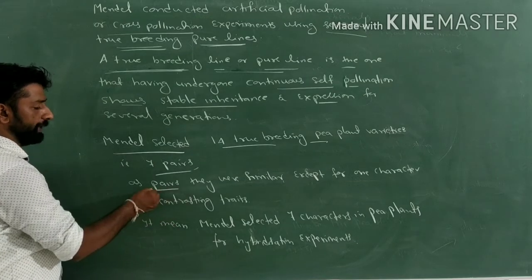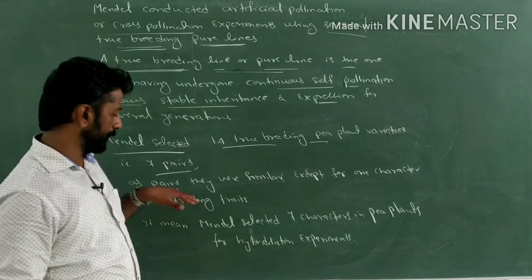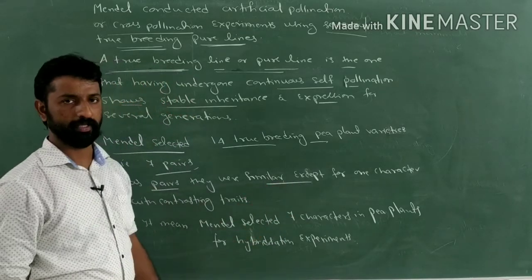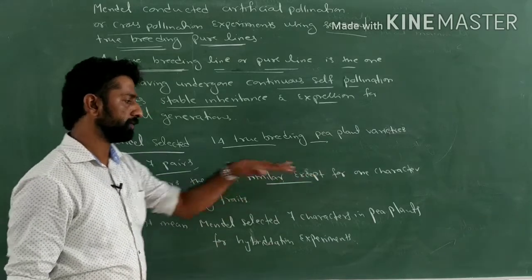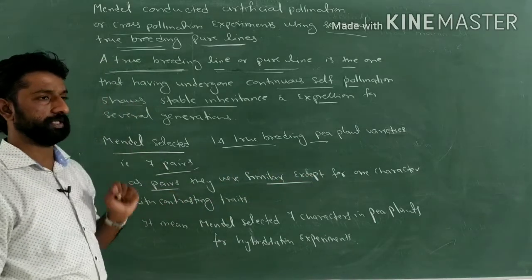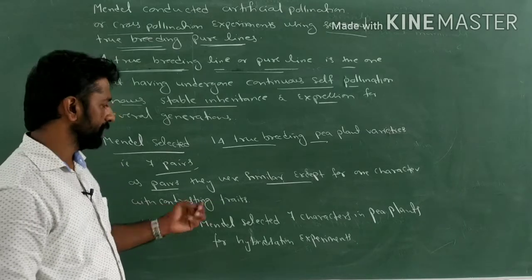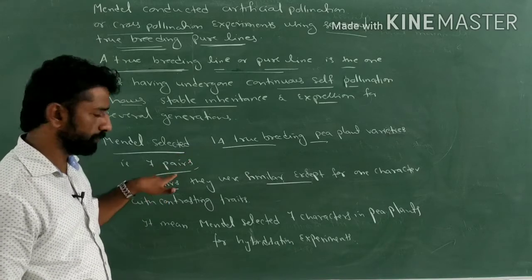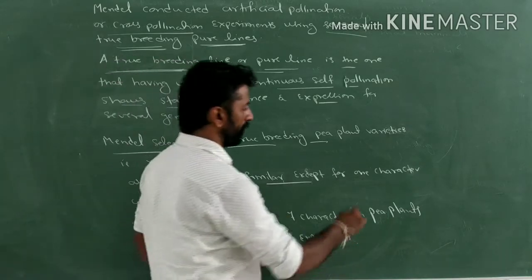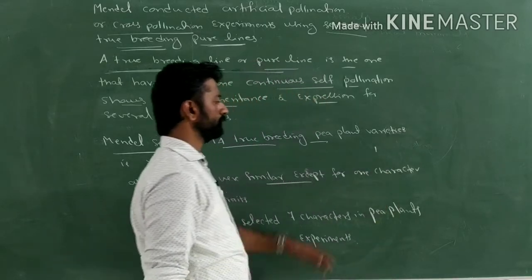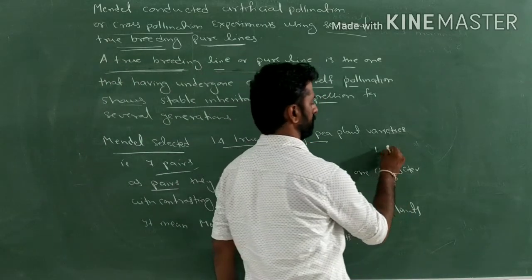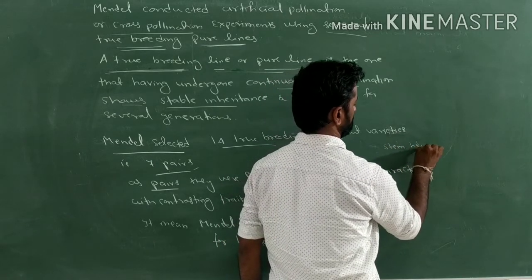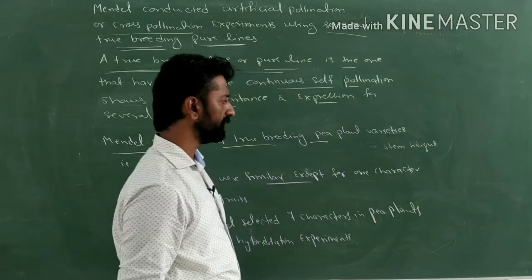So as pairs, each plant will be similar except for one character with a contrasting trait. What is the meaning of this sentence? For example, 14 true breeding plant varieties are selected and they are representing 7 pairs. In one pair of true breeding varieties, say for example if you take the plants which show variations or the variety for the stem height, both